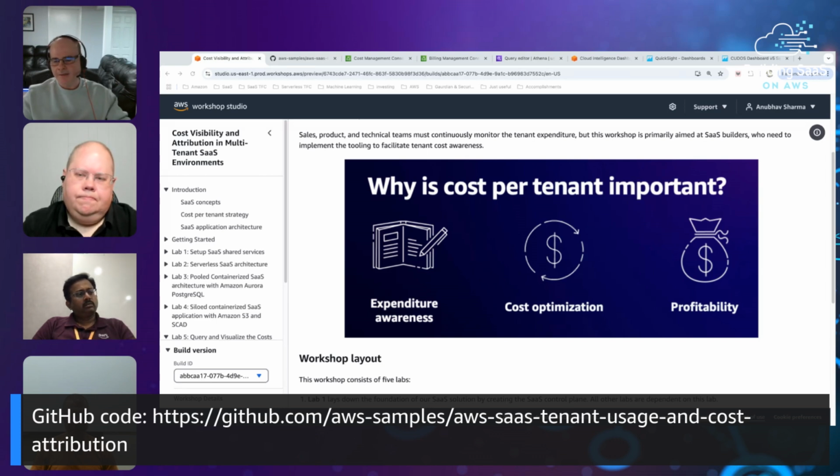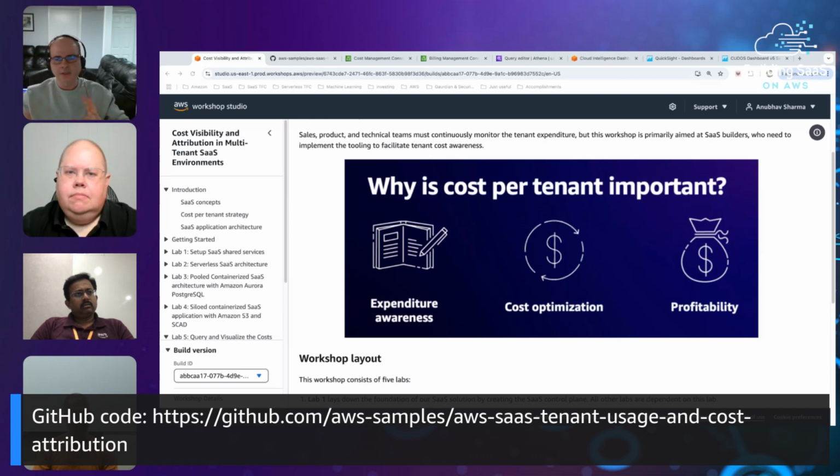And then obviously I talked about profitability, and what I have seen customers doing is they bring their pricing data from Salesforce, and they bring this cost per tenant data and try to build charts for business teams, for finance teams, to have a look at how my COGS relates to my pricing, and what the profitability is here. So this would be building out dashboards to visualize that information. Exactly, and actually,